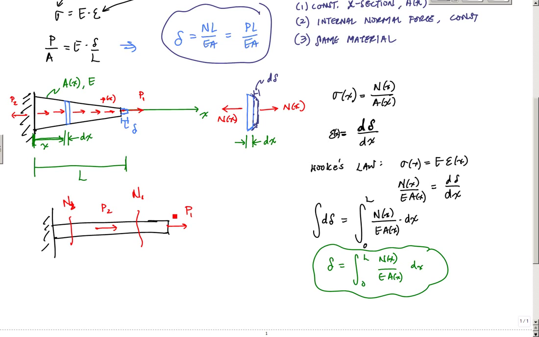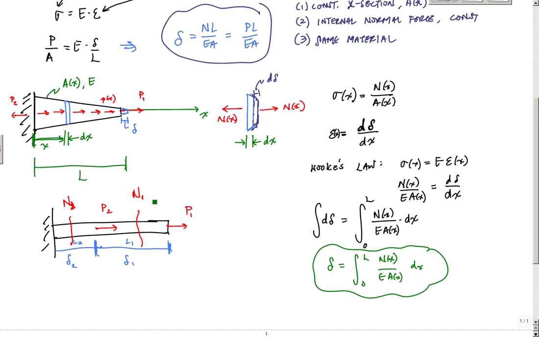So I have different internal axial forces, and what you're going to want to do is take segments where the internal axial force is constant, and you'll be able to sum and calculate the deformation associated with each segment. So here this might be L2,